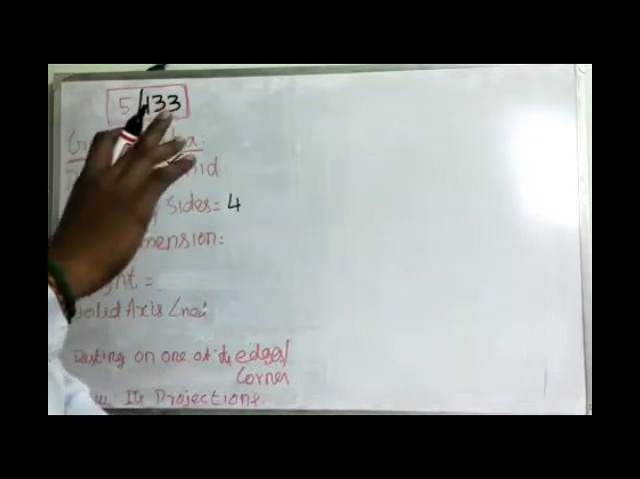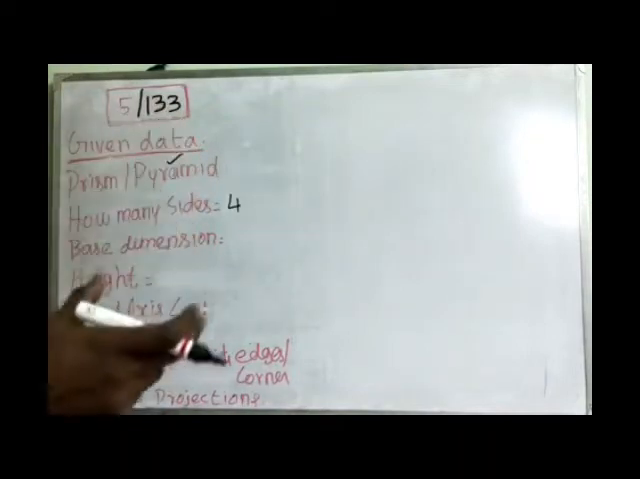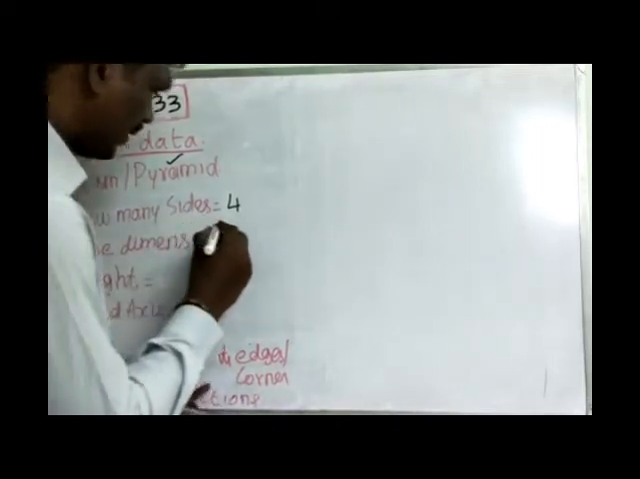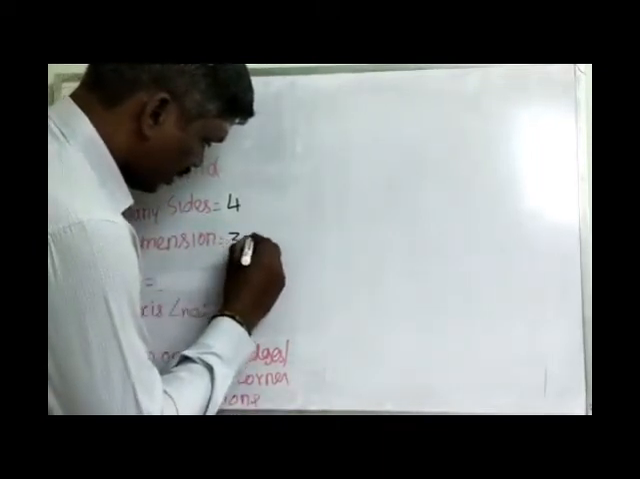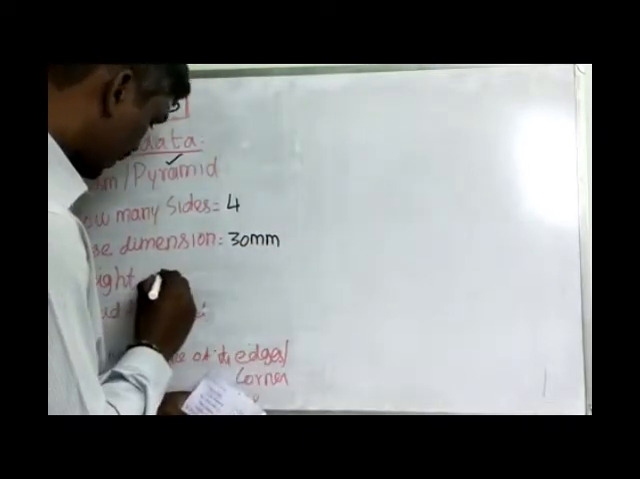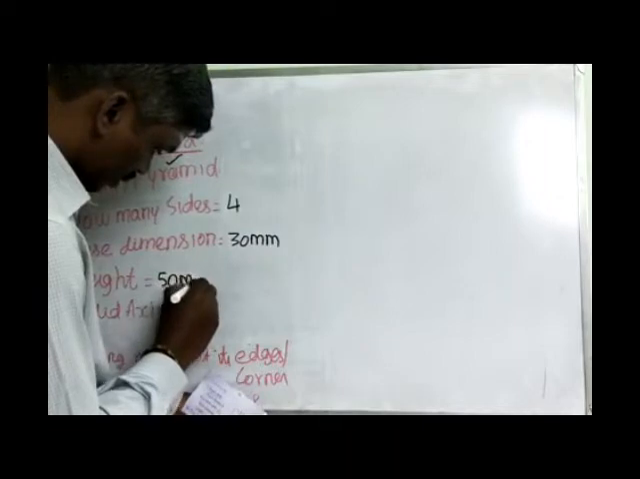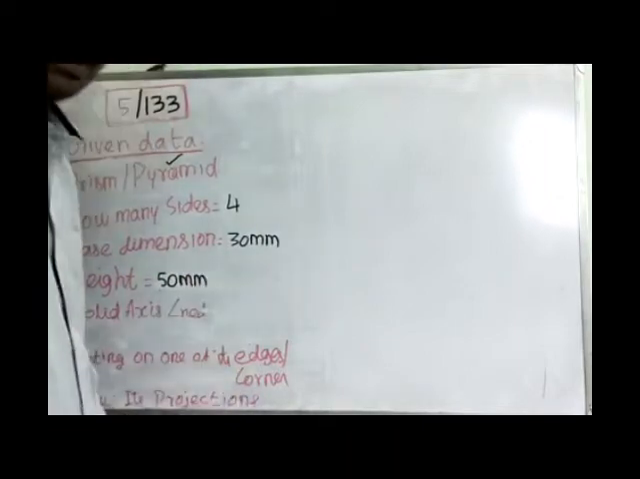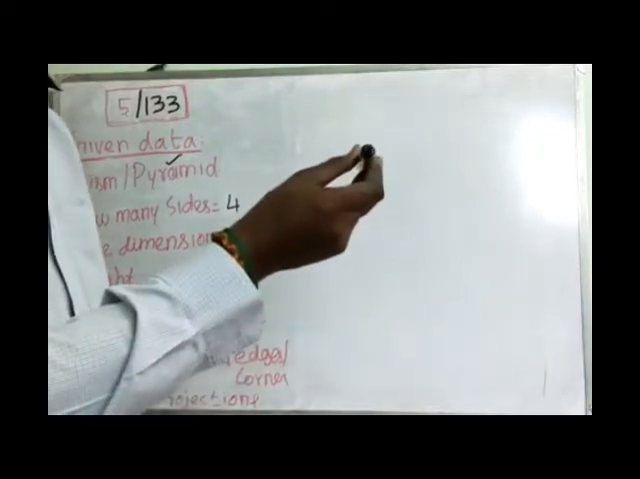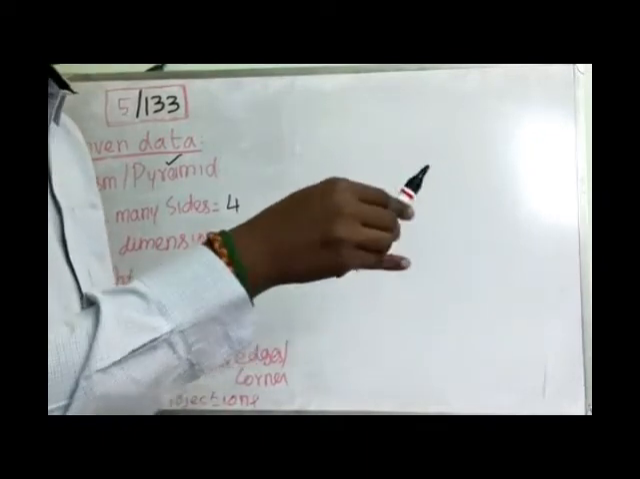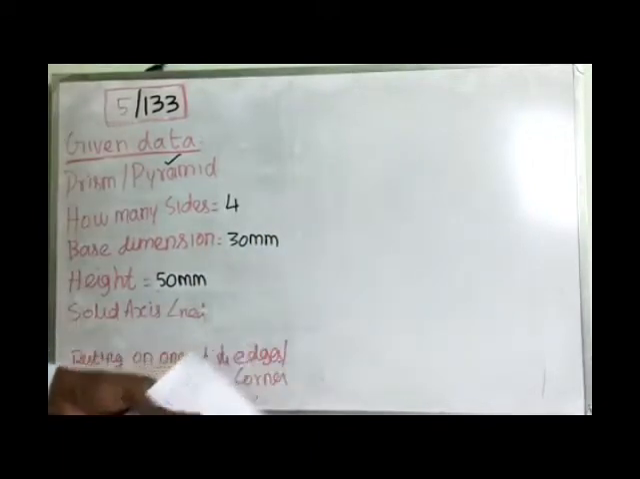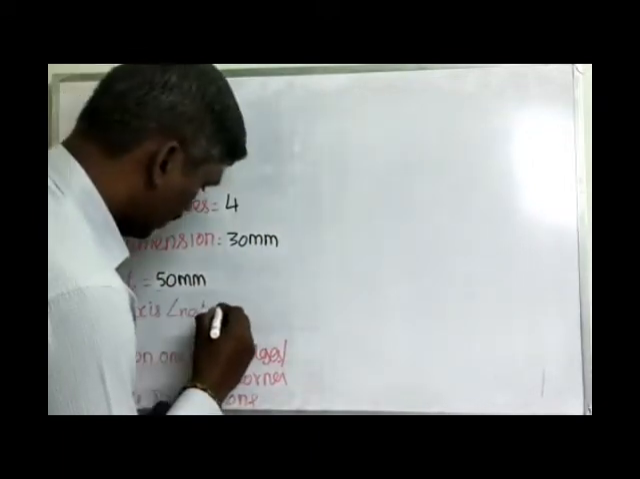For the square pyramid, we know the base dimension and height of the object. Here the base dimension is 30 millimeter and the height of the pyramid is 50 millimeter. Next we identify whether the solid axis is inclined to HP or inclined to VP. Here the solid axis is 40 degree to